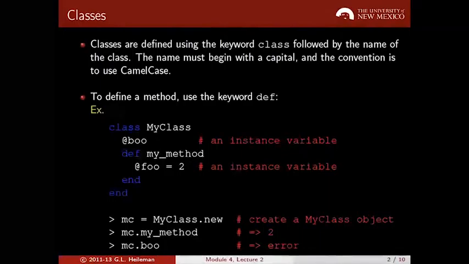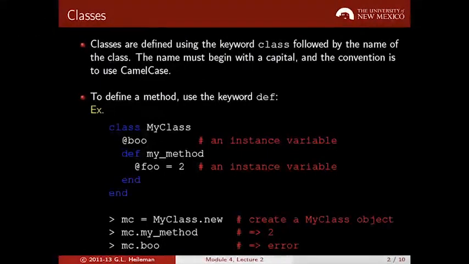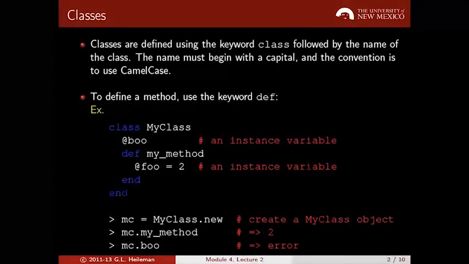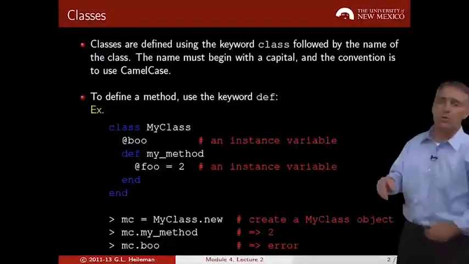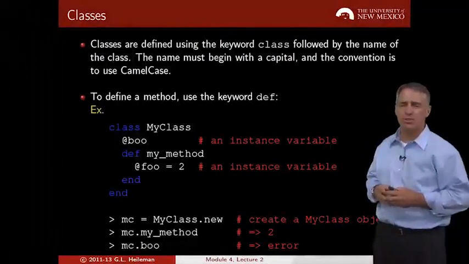And then there's an instance variable that I've defined called boo. And instance variables, we'll talk more about this shortly. We put that @ symbol in front of them. And then I've defined a method called my_method. And notice the convention there is different. For method names, the convention is to not capitalize everything, and to use an underscore between words. I've created another instance variable, foo, and I've done an assignment as well,